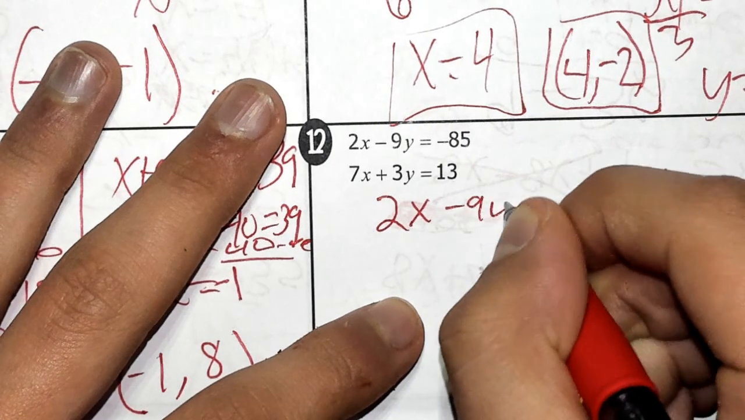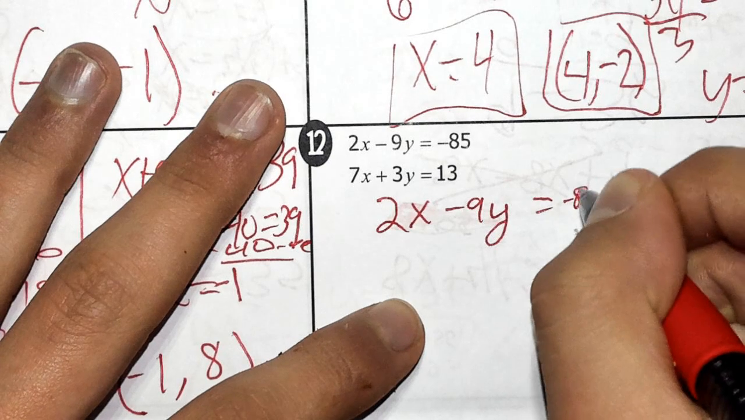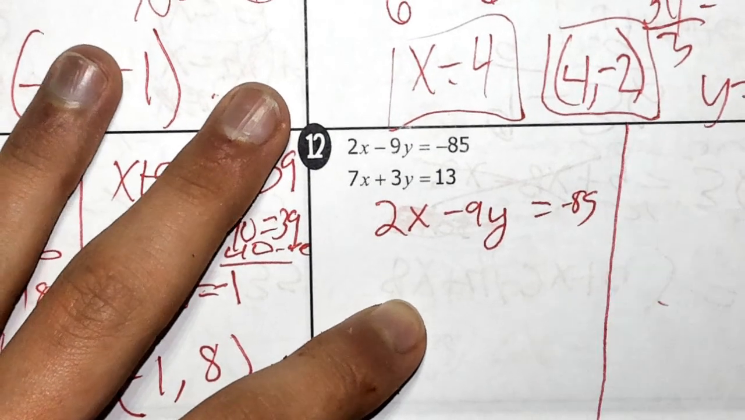2x minus 9y equals negative 85. Let's make our line. I gotta hurry up, guys. Sorry. Plus 21x, because we gotta distribute our 3. Plus 9y equals 39. Cancel each other out. 23